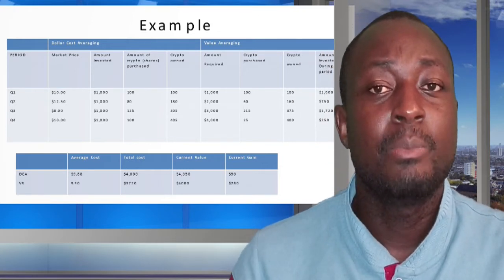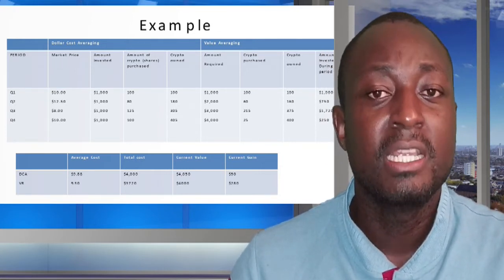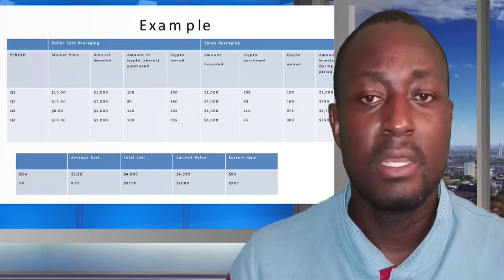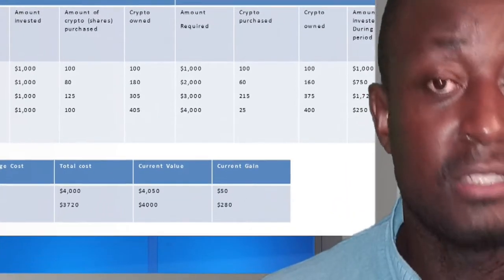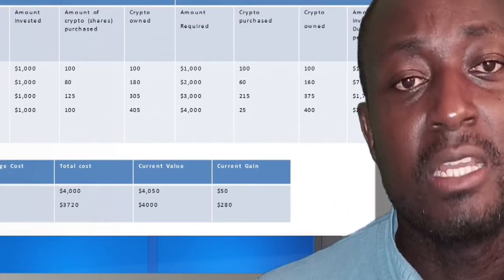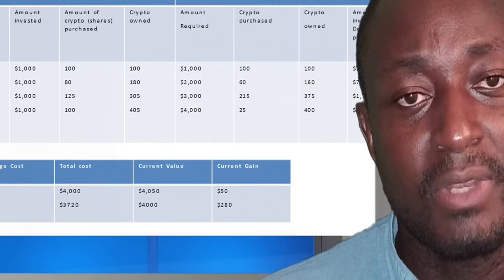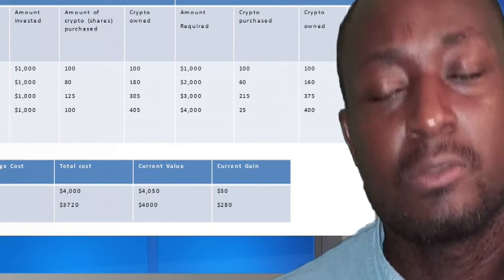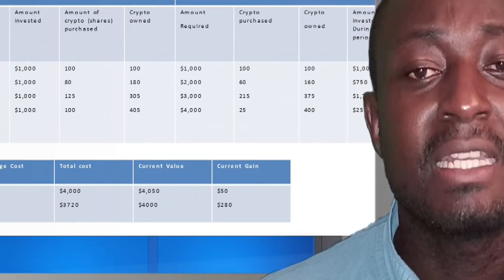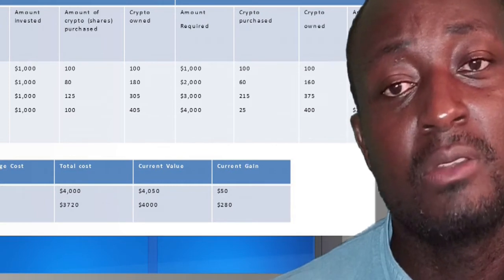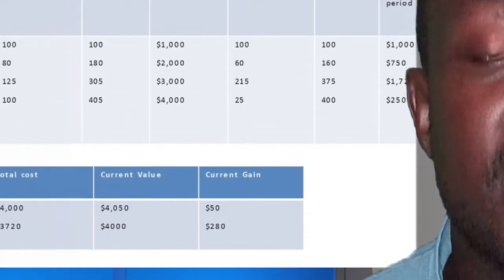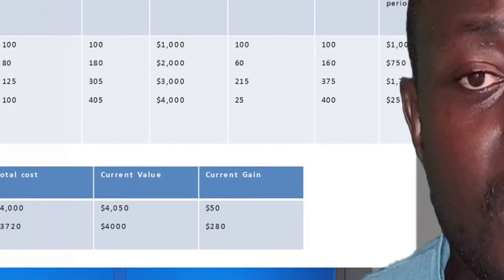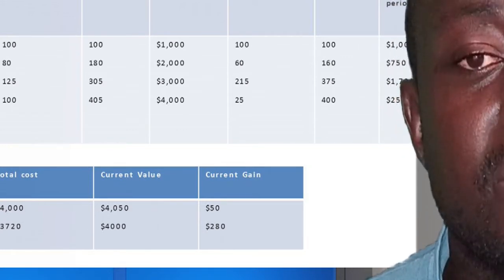However, on the other side, the person who is dealing in value averaging keeps increasing the amount from $1,000 to $2,000 to $3,000 to $4,000. So at the end of the day, because the prices keep fluctuating from $10 to $12.5 to $8, then back to $12 to $10, you find that the person dealing in value averaging would have invested more money compared to the person who is dollar cost averaging, but